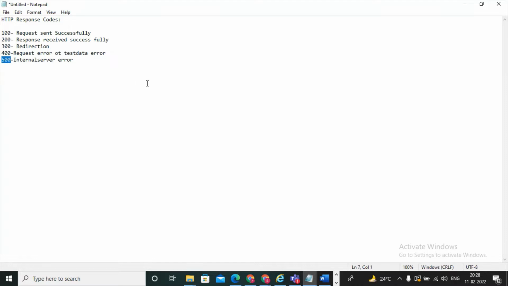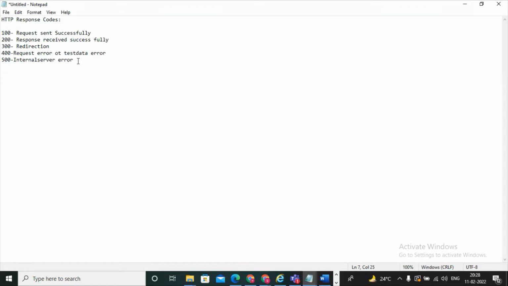The application itself is not working even manually, so it is a problem on the development side only. If we get an internal server error, we need to send a mail. For 400, we need to resolve it because we are not sending the request properly, since we entered invalid test data.